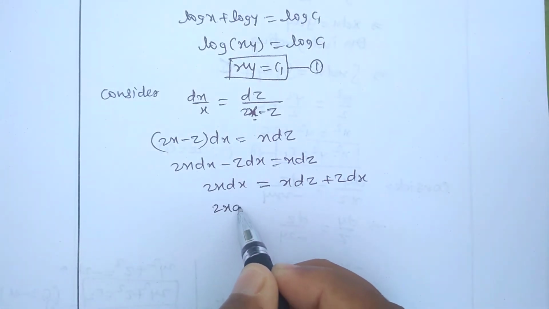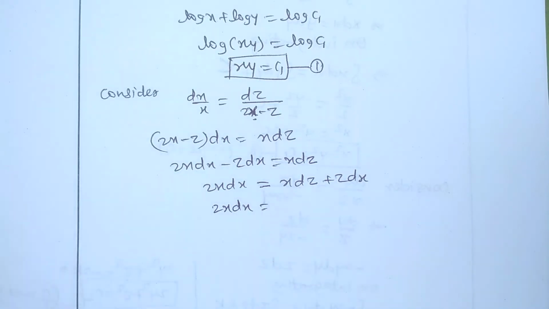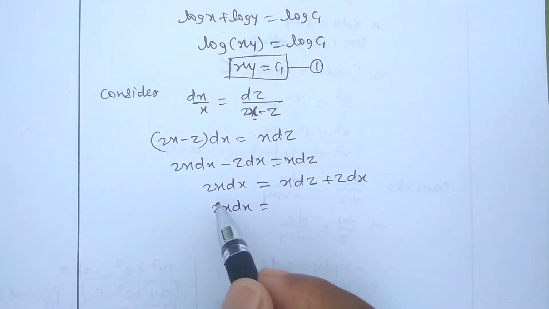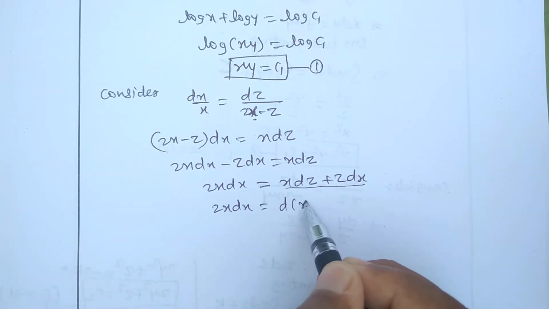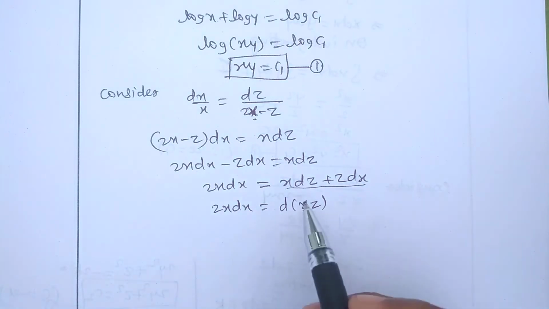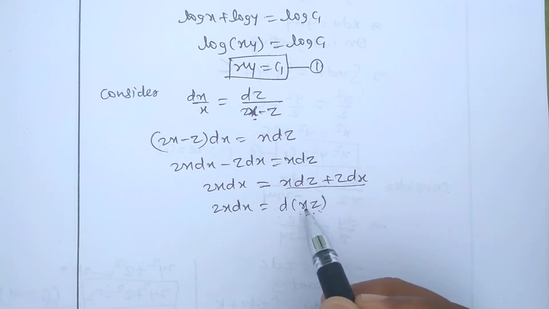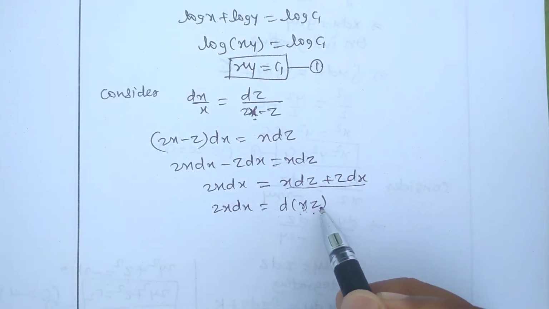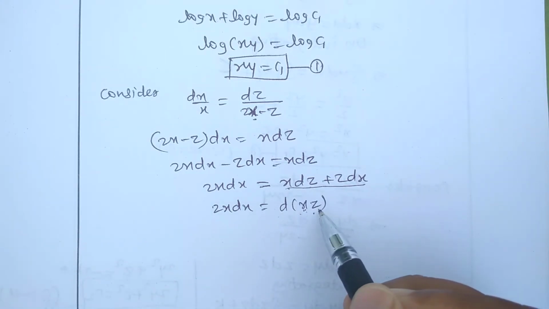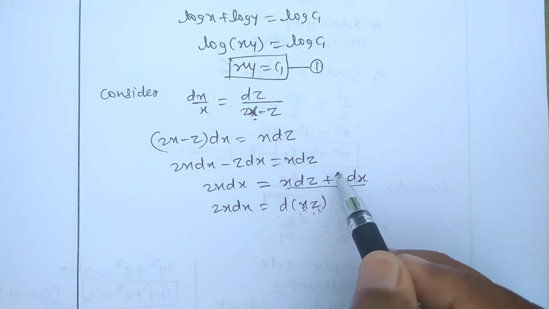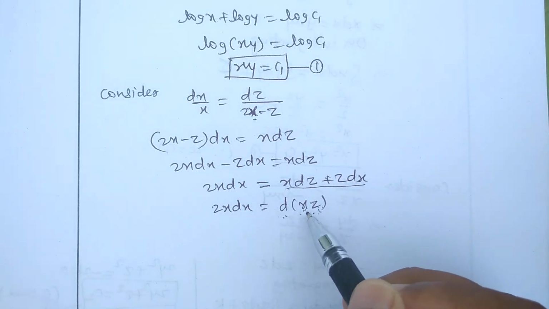See, left hand side it is already variable separable, all terms of x present, so we can easily find the integration. And for RHS, we can write this term as derivative of xz. What is derivative of xz? If you take a derivative of xz by using u into v rule, x as it is into derivative of z is dz. So here you will get first term x dz plus now z as it is, and derivative of x will get dx. That means derivative of xz we can get this term. So from this term we can write this as a derivative of xz.